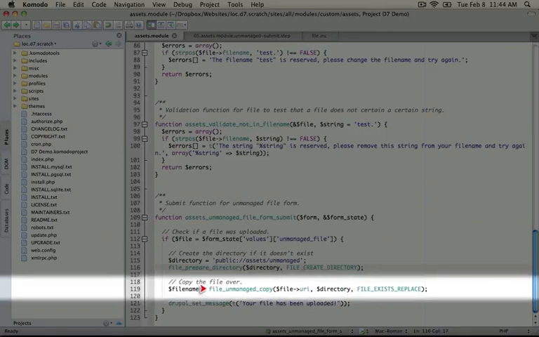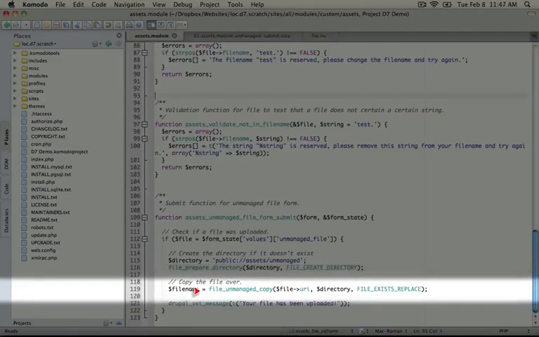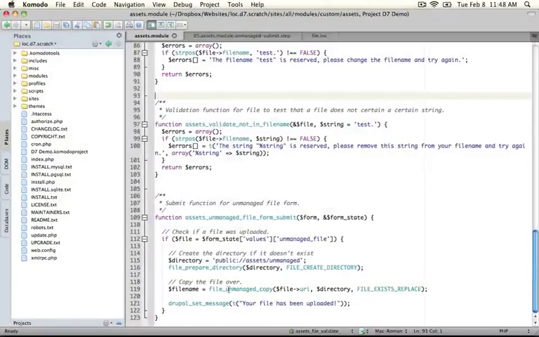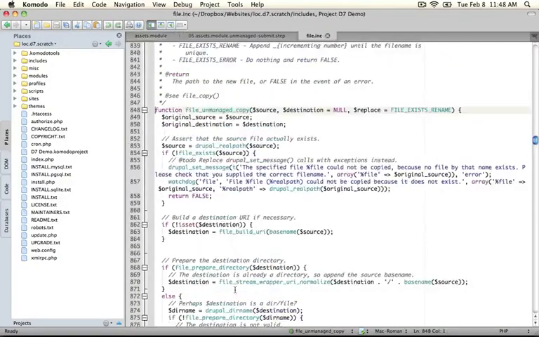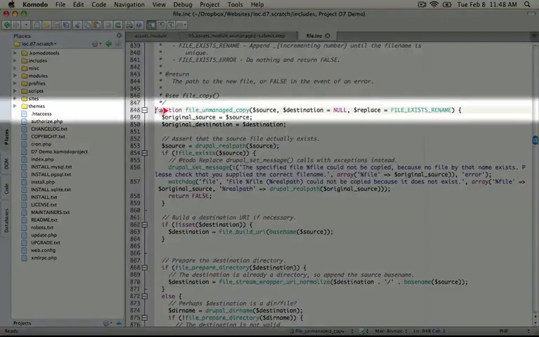This will return the completed name of the file, and so we can use that in our next step. Let's go ahead and take a quick look at what's going on in this function. I'm going to go ahead and control-click it to jump to its definition. Here we are. We see our 3 parameters getting passed: the source, the destination, and how we're going to deal